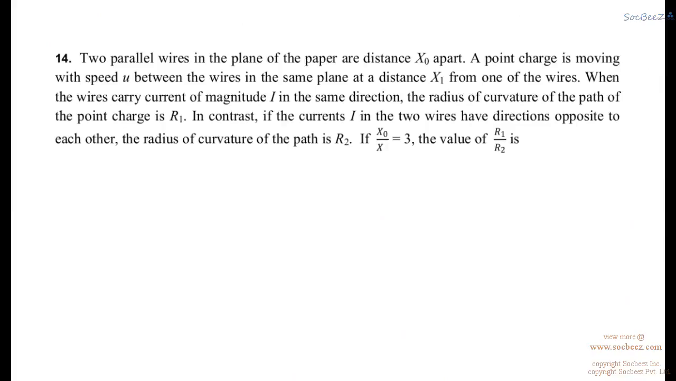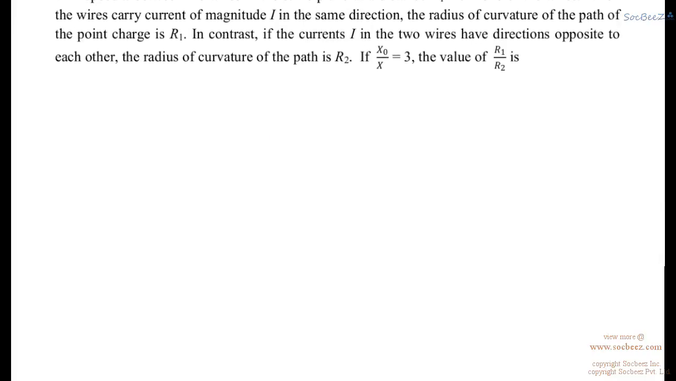Question says, two parallel wires in the plane of the paper are distance x naught apart. A point charge is moving with speed u between the wires in the same plane at a distance x1 from one of the wires. When the wires carry current of magnitude I in the same direction, the radius of curvature of the path of the point charge is r1. In contrast, if the currents I in the two wires have directions opposite to each other, the radius of curvature of the path is r2. If x0 upon x equals 3, the value of r1 upon r2 is, well, we know that b1 equals mu